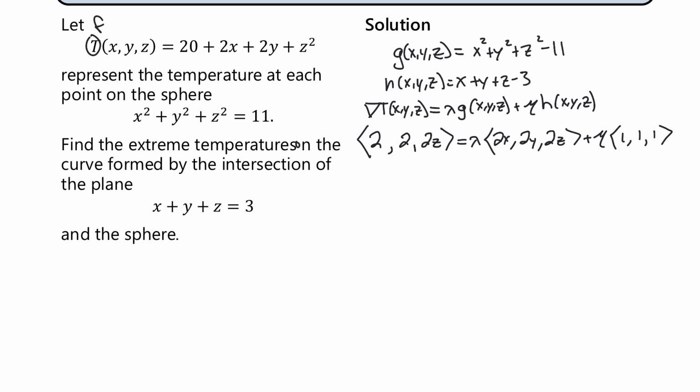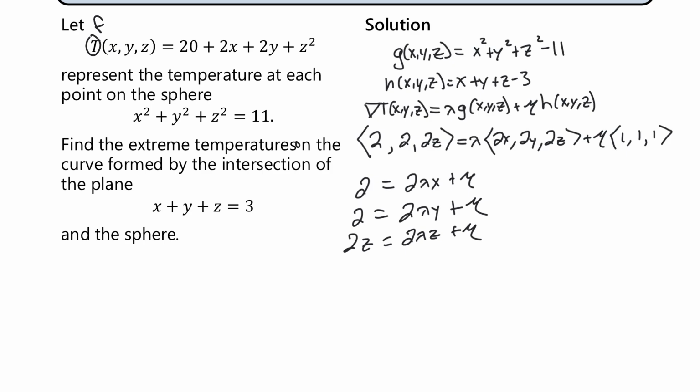So we have 4 equations. We have 3 variables plus lambda and mu. So let's look at what we've got. We've got 2 equals 2 lambda x plus mu. We've got 2 equals 2 lambda y plus mu. We've got 2z equals 2 lambda z plus mu. And then, of course, we still have our x squared plus y squared plus z squared equals 11,